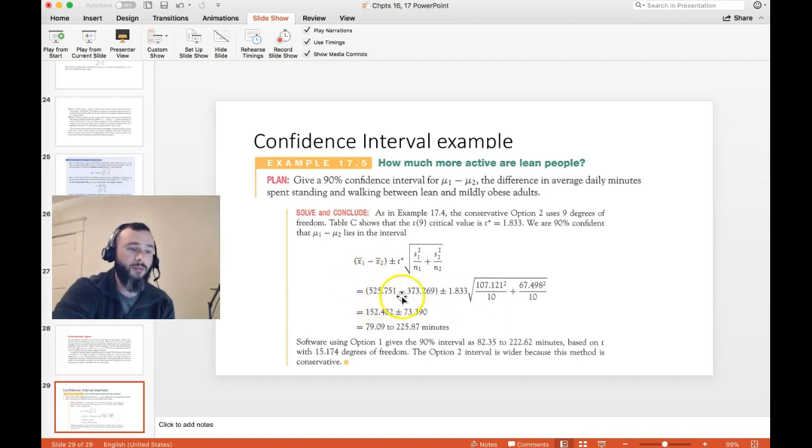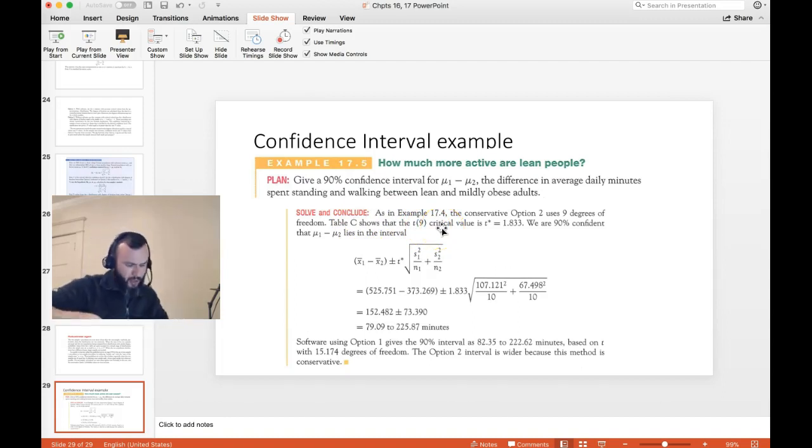Our estimate for the target parameter here is again, the target parameter is the difference. So the estimate for the target parameter is the difference in the x bars, x bar for 1 and x bar for 2, and then we're plus or minus the t star of 1.833. So if we look in table C under the t distribution for 9 degrees of freedom,